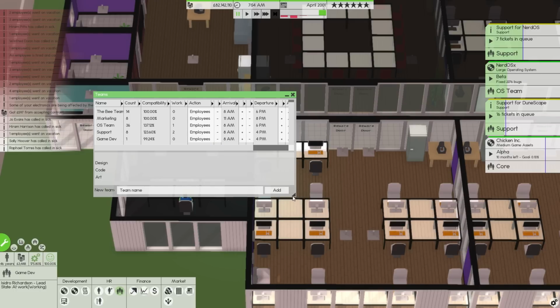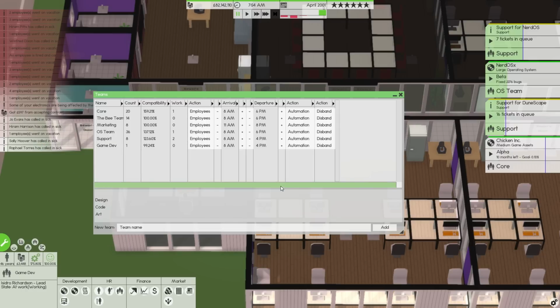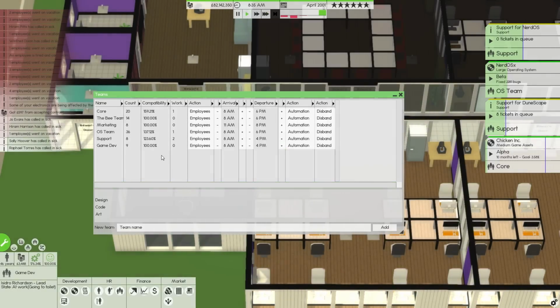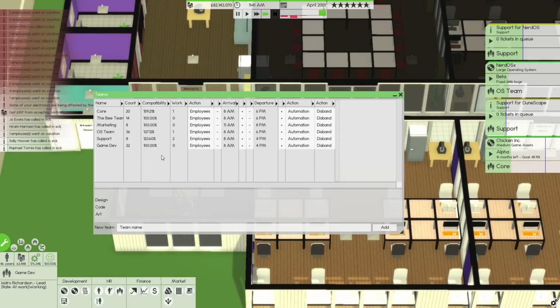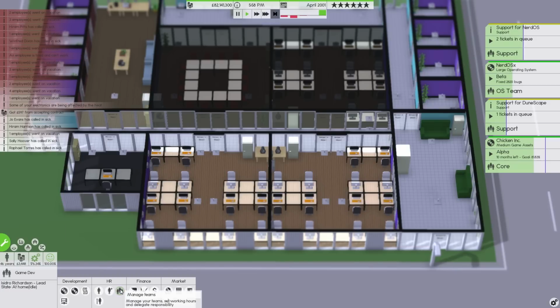So if I go to automation and I automate the game dev team with HR management, primary role programmer, budget is going to go up to, I'll give you 100,000. Let's do this. Boom. Right, and then hit play. Game dev team now has 9 people, 20, 30, 32, 40, 43, yeah, that's right. 43 people. Now the question is, is that going to work? Because I can't imagine they're not all going to be...